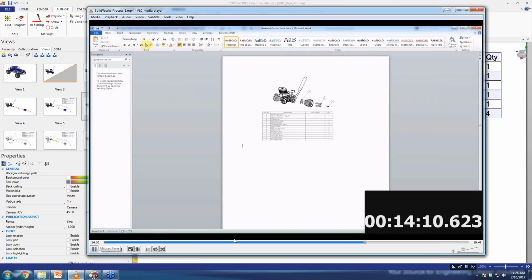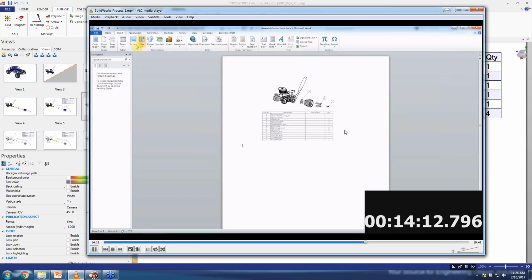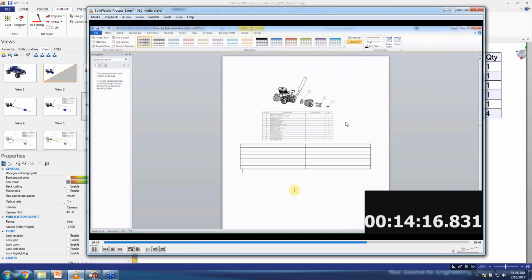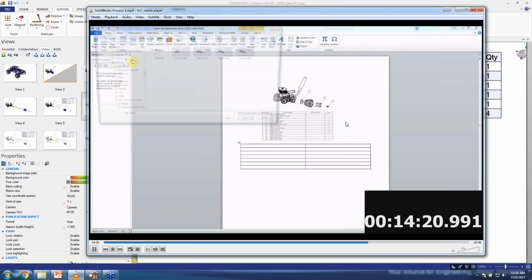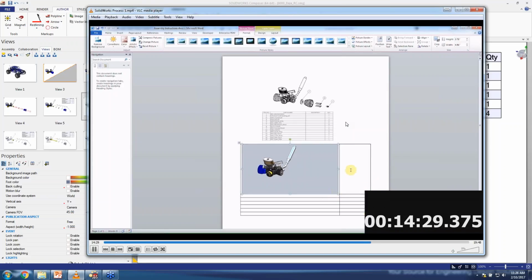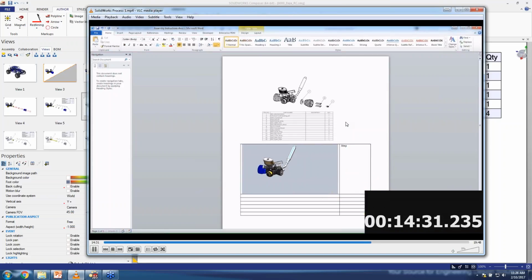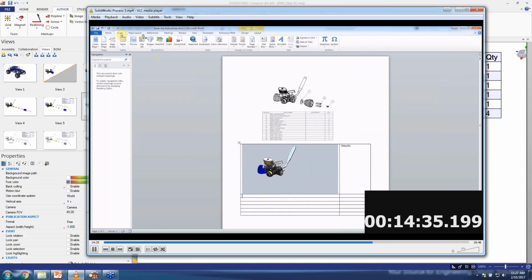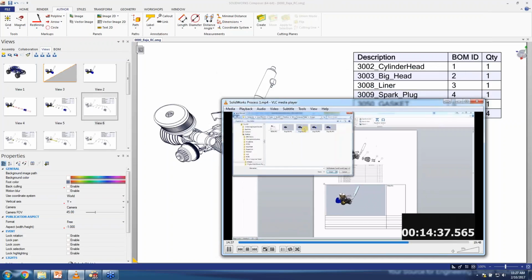And you'll see in SOLIDWORKS where we're at is we've saved out the images, and then this is just a real quick template setup inside Word. And you could do this process for Composer as well. If you wanted to use Word with the images out of Composer, this process would be similar, where you import the images and everything like that. However, where the difference is, and I'm just going to let this keep running here, where the difference is